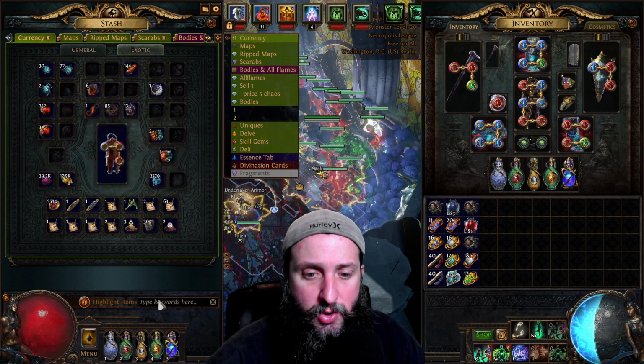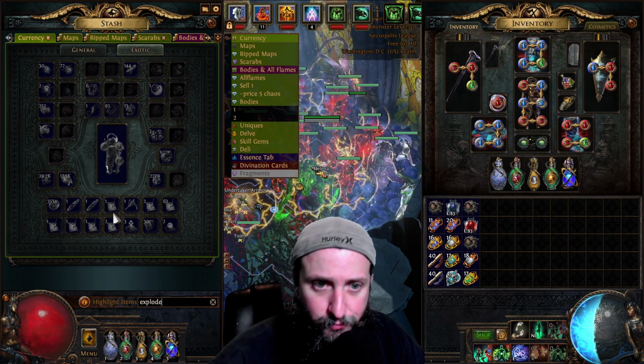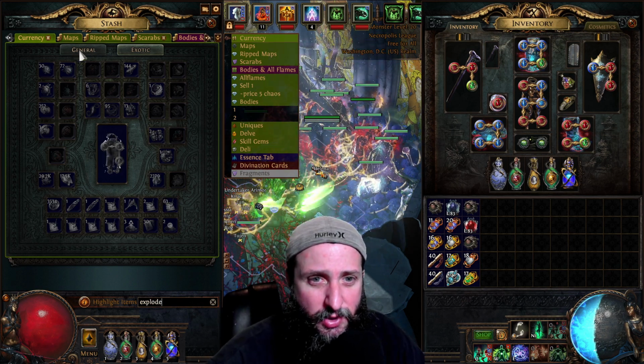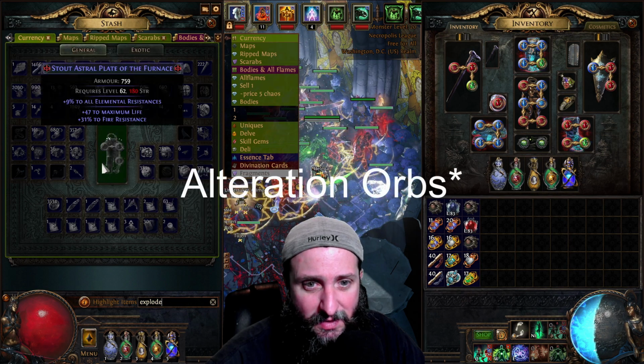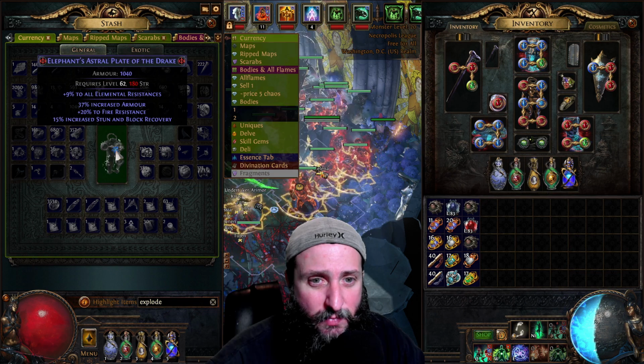And then what you're going to want to do down here in the search bar is type explode. Okay, and then what we're going to do is we're literally just going to hit this with alchemy orbs until we see this little thing highlight. Okay, so right now it's magic, so we can just go ahead and spam it. Now,